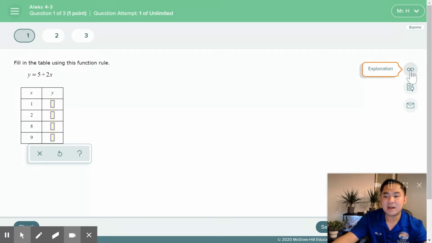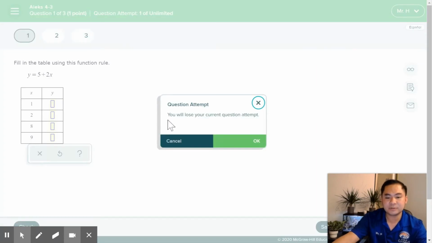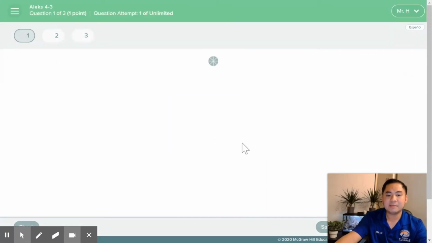If they click on the glasses, it's going to explain the problem step by step, including the solution. There is a warning: you will lose your current question attempt, which means that whatever they're doing right now, the software will give them the answer step by step. However, it will regenerate a new question. The student is not going to work on this one anymore. It's going to generate a new question. Okay, if I click OK,